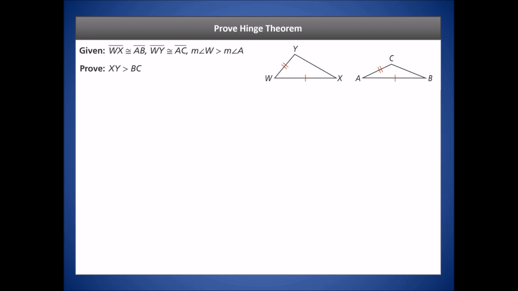So we're going to go ahead and prove the Hinge theorem, and we're just going to explain through it. We're not going to do a 2-column proof or anything like that. We're just going to do a paragraph proof. Okay, so first what we want to do is construct a triangle to make this work, because